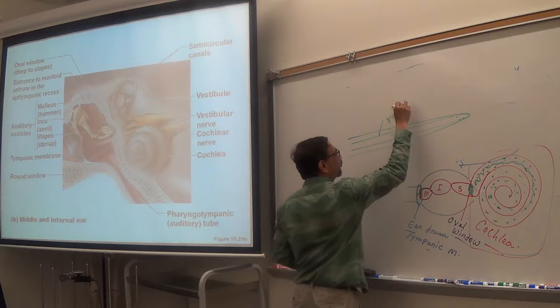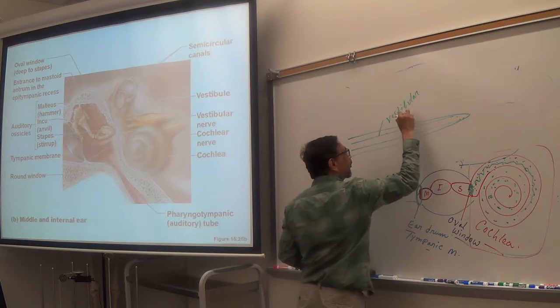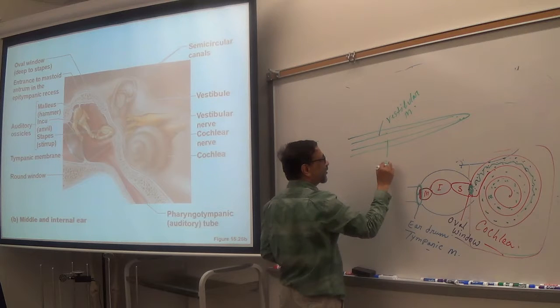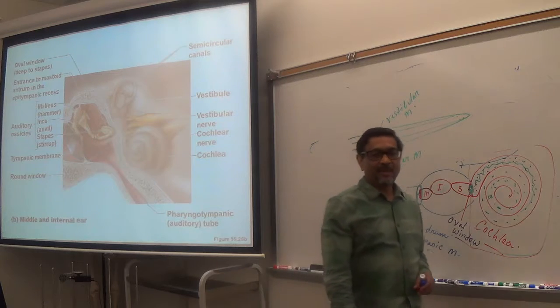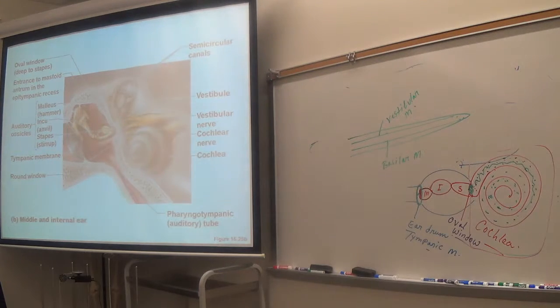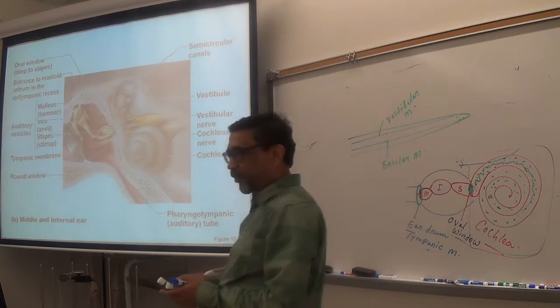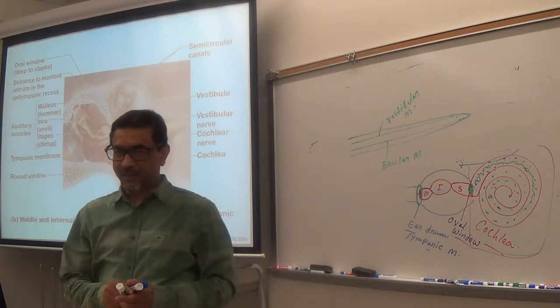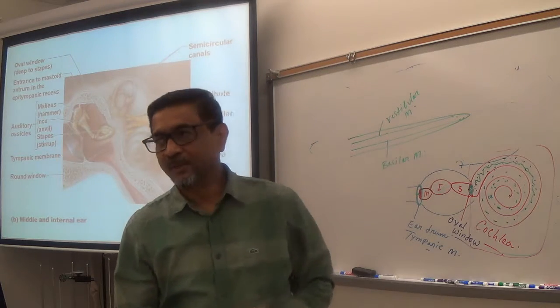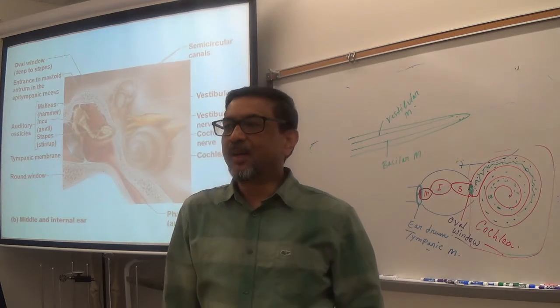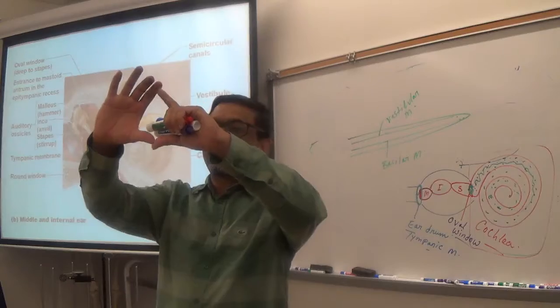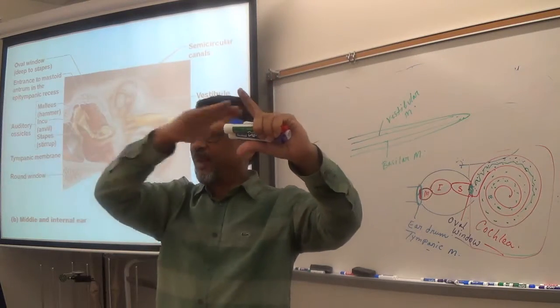Vestibular membrane and basilar membrane. So inside the cochlea, there are two membranes. The upper one is called what? Vestibular membrane. Make sense? And the lower one is called what? Basilar membrane. Make sense? Now you tell me, if this is the cochlea and I put two membranes inside it like this,